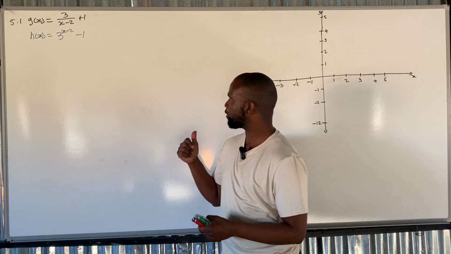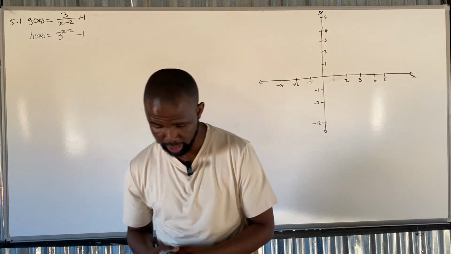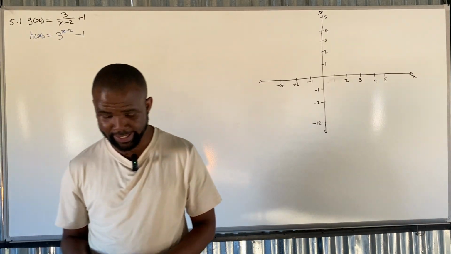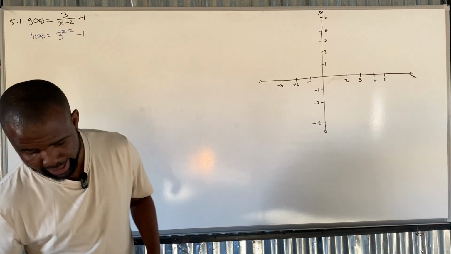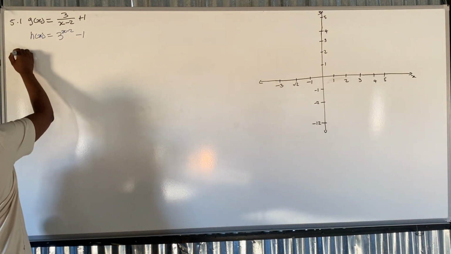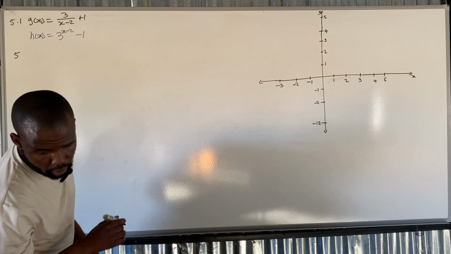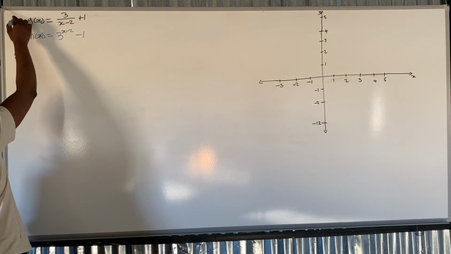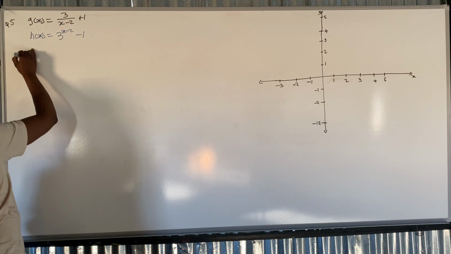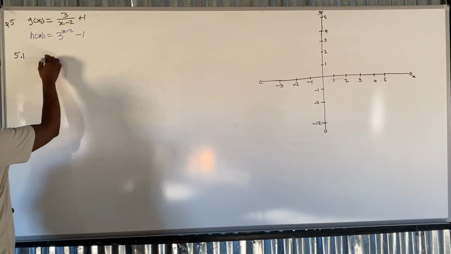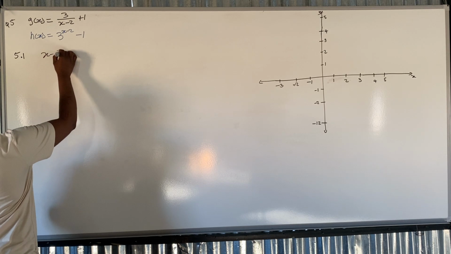So let's get going. First question here, which is 5.1, they're asking us to state the x and the y intercept of g of x, which is the hyperbola graph. So 5.1, this was question 5, and then 5.1, they're asking us the x and the y intercept. So x intercept,